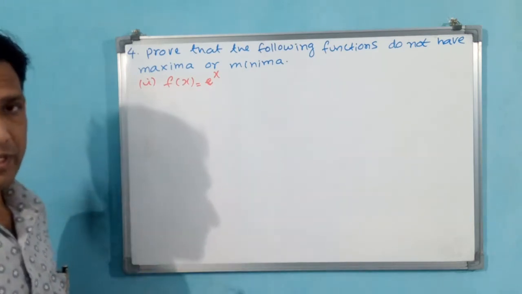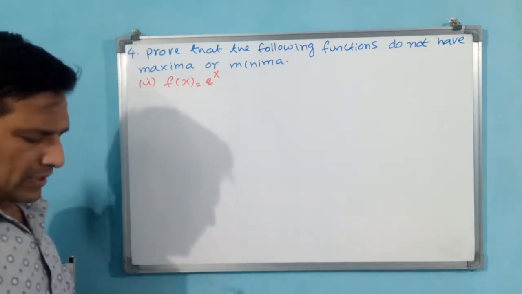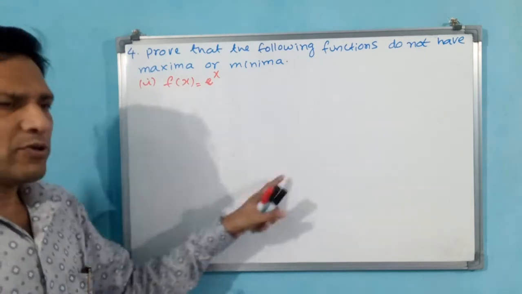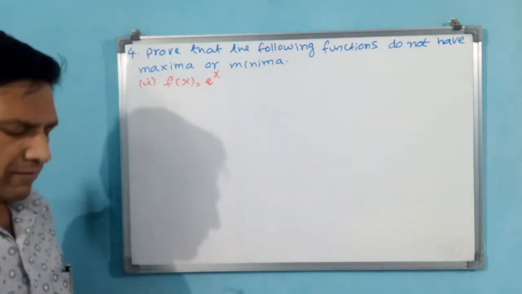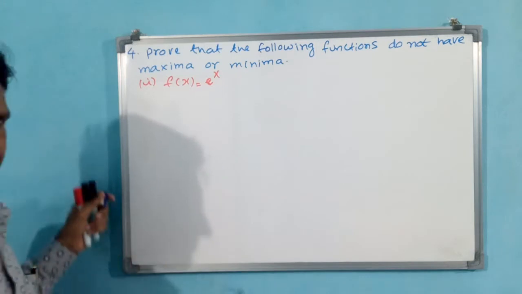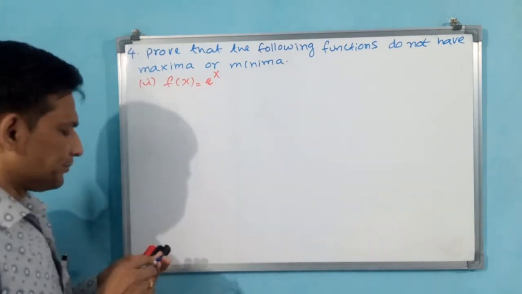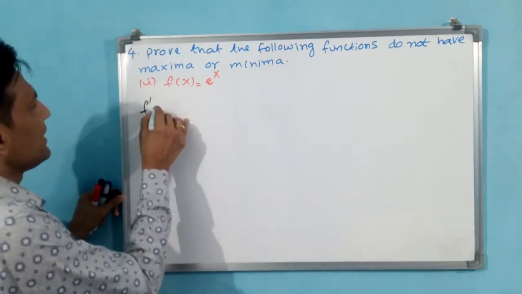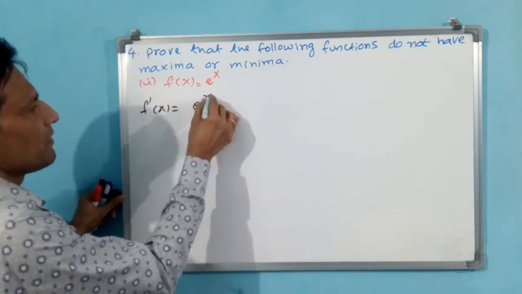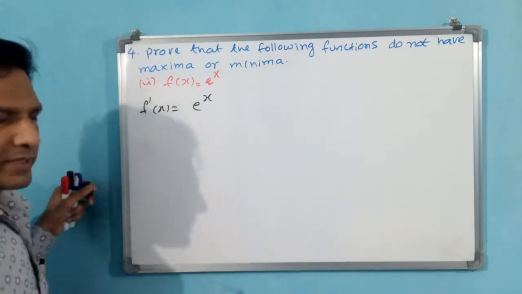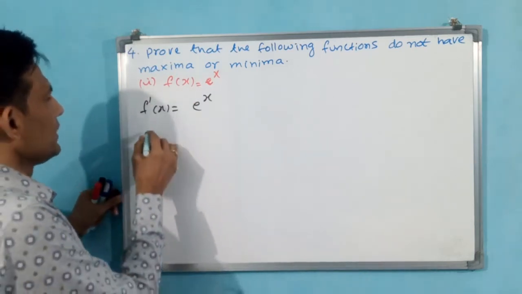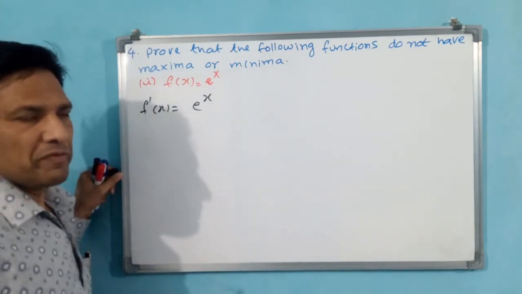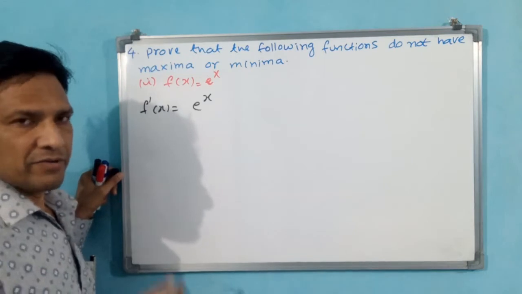The first function is e power x. Normally, even though you do the derivation, you can draw the graph, because these are standard graphs. See what I am doing. f of x is given, we will find f dash x. f dash x is equal to e power x, because d by dx of e power x is e power x. That's all. To proceed further for maxima or minima, critical point, we will equate the first derivative f dash x